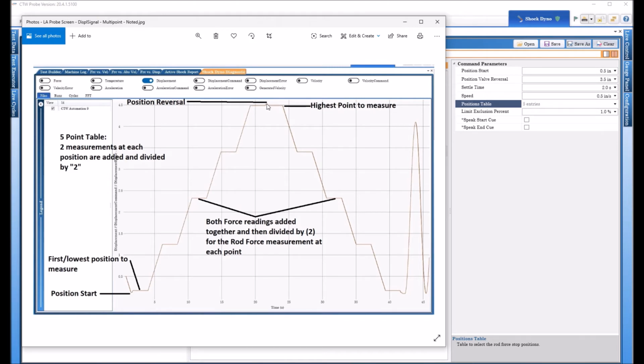Now this is that reversal. That's the position valve reversal, trying to reverse the valve. And then it's going to pause again and do the same thing on the way back down. So it basically takes this force and this force, adds them together, and creates a point. Takes this force and this force, adds them together, creates a point all the way down,